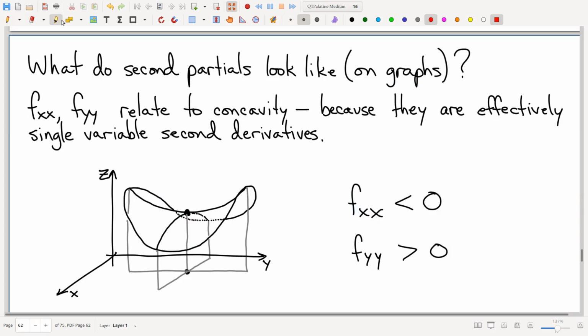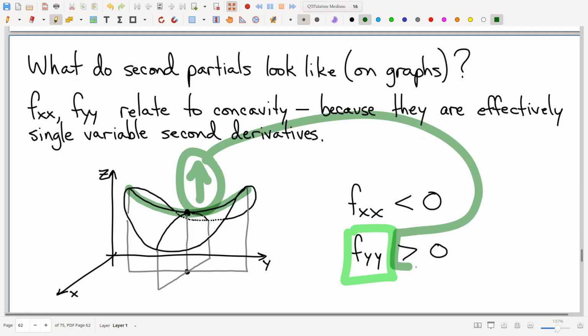And I think, again, it's a healthy exercise, and I hope you'll take the time. Think about what fyy would look like on this picture. What's the process by which you take a y partial and then a y partial of that? As far as, on the picture, what does that look like? And then think about, well, what should that mean? And then notice on this picture, I'll just give you the punchline. The punchline is, it means that this curve, the vertical cross section parallel to the y-axis, is concave up. And that is why we know this fyy is positive.